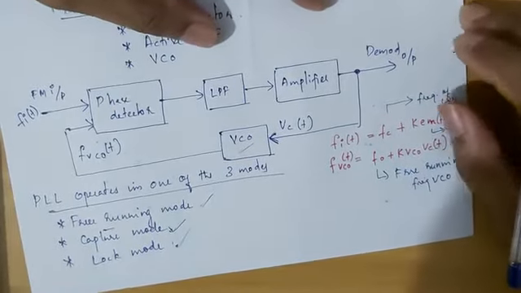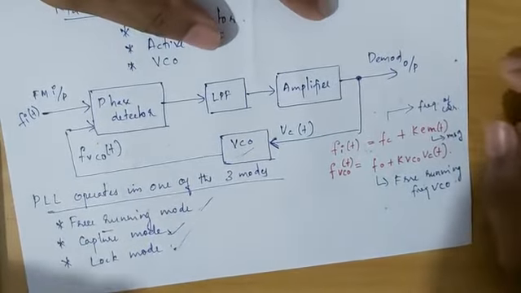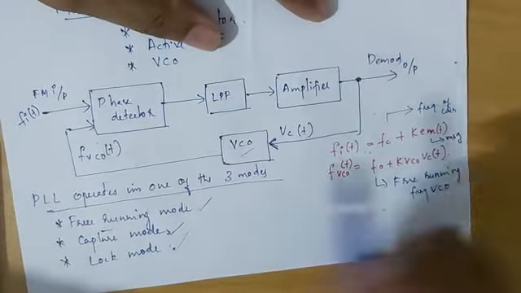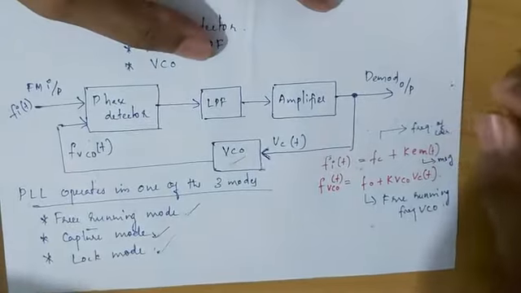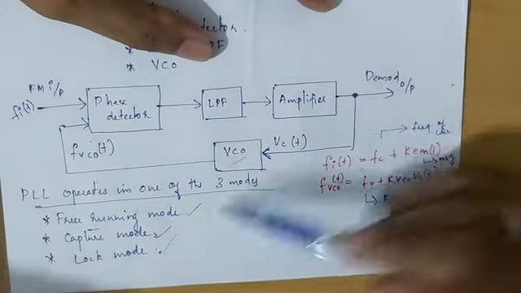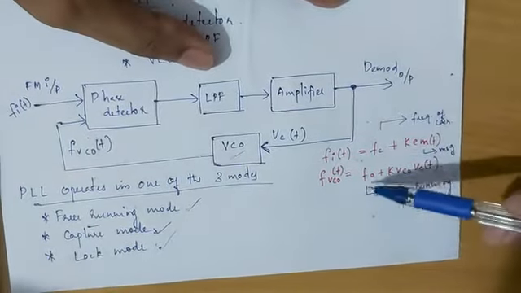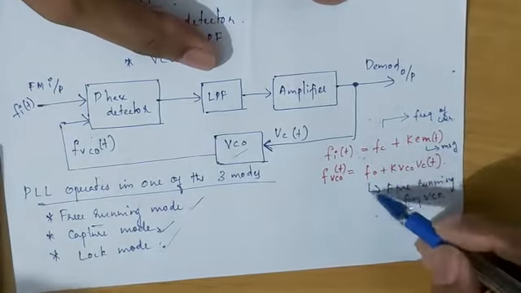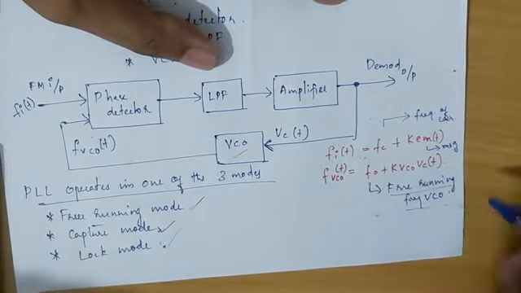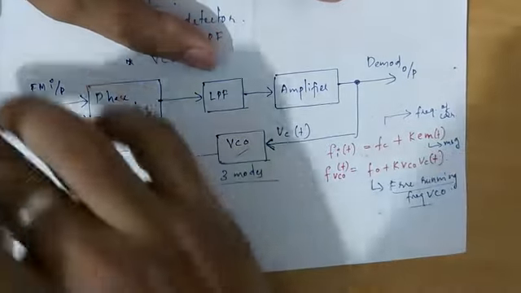That is, when the PLL operates in free running mode, that means we are not giving any input here, it will operate in the free running mode. At that time there is a fixed frequency, which is known as the free running frequency of the VCO, and K VCO is